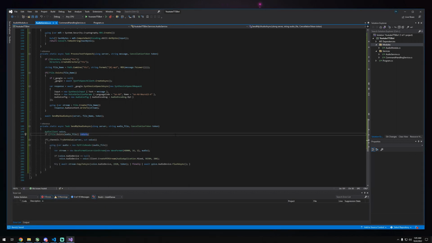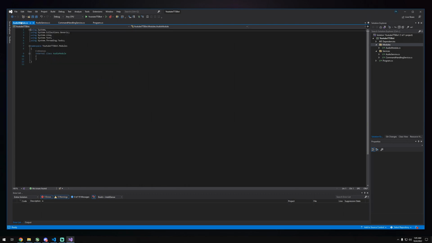So now that that's all set up, we only have one more thing to do, and that's to set up our module. Now, our module is going to be our command part. This is going to be where users issue commands. And this is going to be pretty simple. Again, we're only going to need to add in a few things. So we'll do using Discord. And we'll do using Discord.commands. And then we're going to do some regular expressions in here. We should also include this